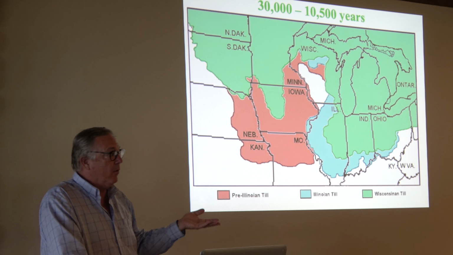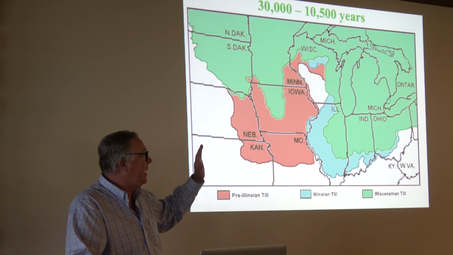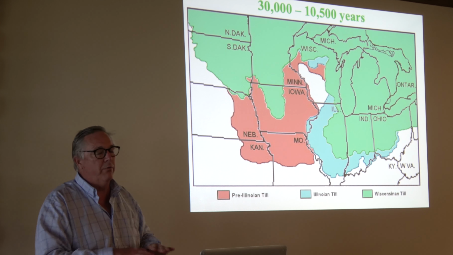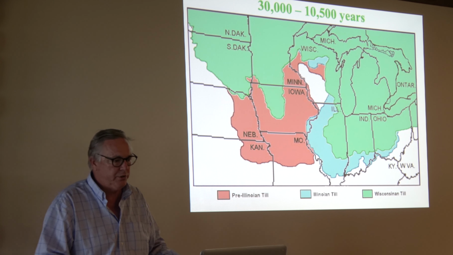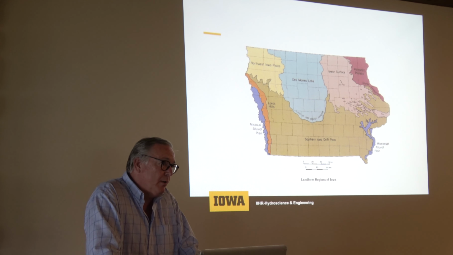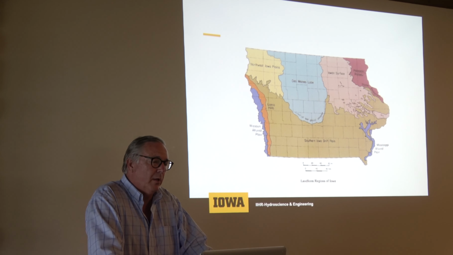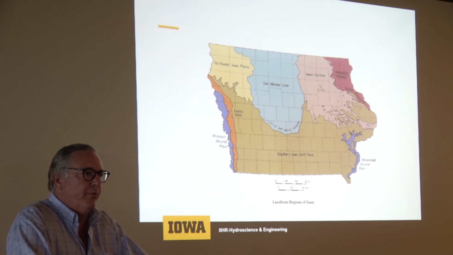And so this ended only 10,000 years ago, very, very recently. And so what we see in that part of Iowa is all very new, okay, very fresh. And so because of glaciation and the erosion that has occurred throughout the millennia, we have these different landforms